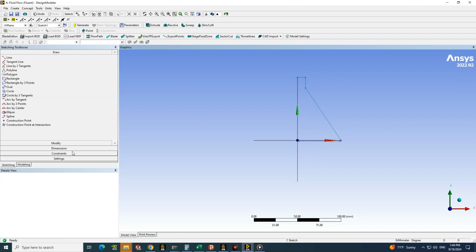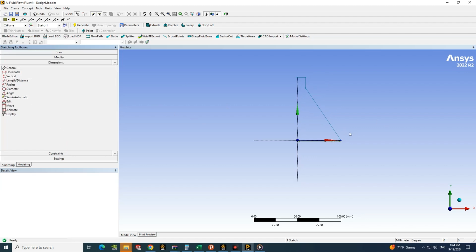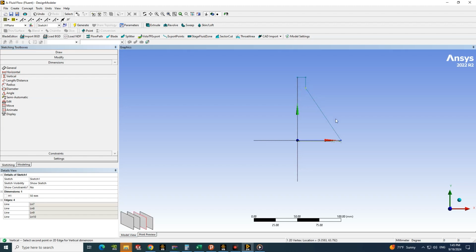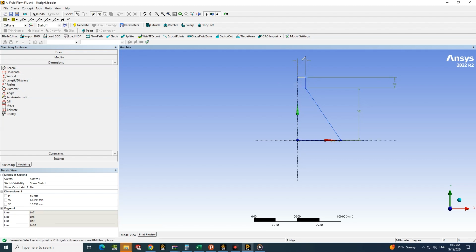Let me insert other dimensions. We will choose vertical and 2 points. The next one is this and this. We want V2 to be